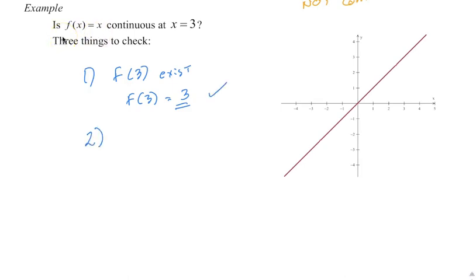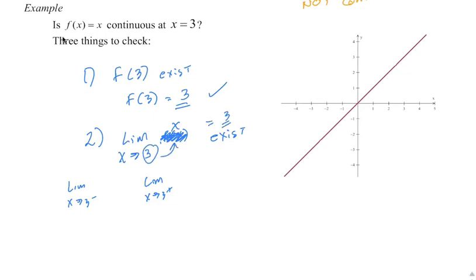Step 2. Does the limit as x approaches 3 of f(x) exist? Now remember, our function here is x. I can just plug it in and do that. Now normally you have to check both sides. You have to check the limit as x approaches 3 from the left, the limit as x approaches 3 from the right. But since it's just a function, I can just plug it in, sub it in. Probably more technically correct. And you get 3. I can also check here if you want to see on the graph. So at 3 from the left, you get 3. From the right, you get 3. So yes,